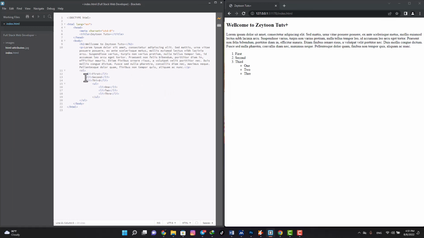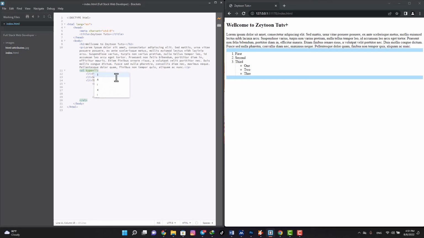But for ordered listing, we have many types. When we add type, we can have numbers, which is type 1 and the default is numbering. And we have capital letters, small letters of English, and Roman letters or Latin letters. Let's add the Roman letters here. And for this one, we have